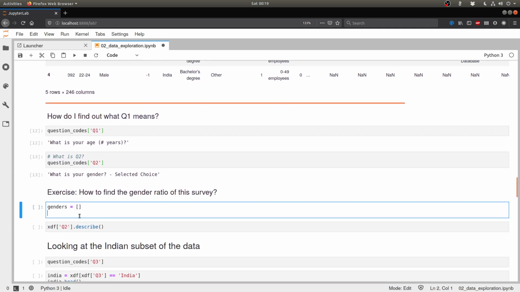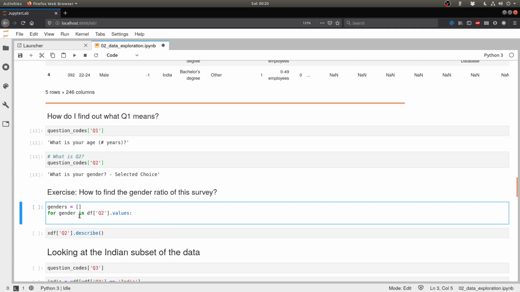Then we are going to iterate through this column. So I can say for gender in df Q2 dot values. By the way, dot values is what actually lets you iterate through the values. That's essentially the list, which is the underlying data structure of a particular column. And I'm going to say that if gender is already in genders, remember that in is something we use to check membership in a list.